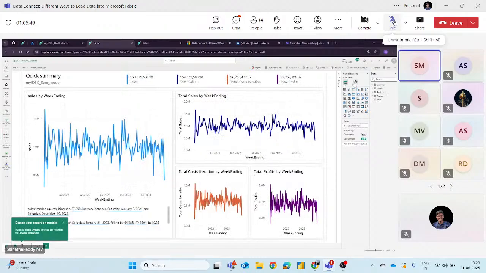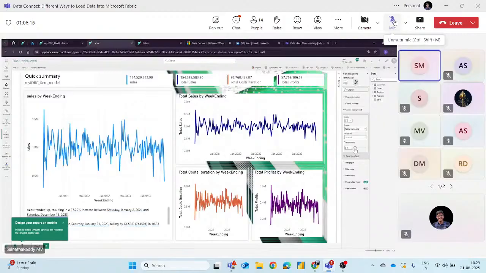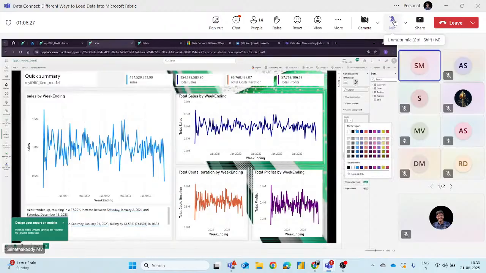I just want to play around with some canvas background. I just want to add one. Oh, where did it go? Okay, nothing went. So now I have added our canvas background, let's color it black, and the canvas background also black.